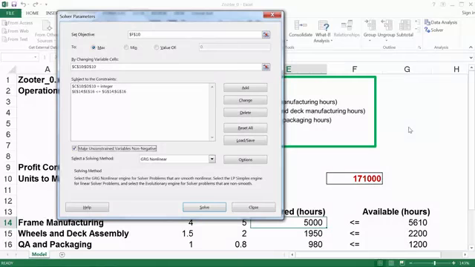Next, we need to select a solving method. Solver offers several choices here, with the default being GRG nonlinear. One of the choices is LP simplex. This is a solving method that can only be applied to linear models. In other words, the models where the objective function and the constraints are linear functions of decision variables. So if you are sure that your model is built as a linear model, use this option since it solves linear models very efficiently. If your model is not linear, however, and you're trying to use the LP simplex option,